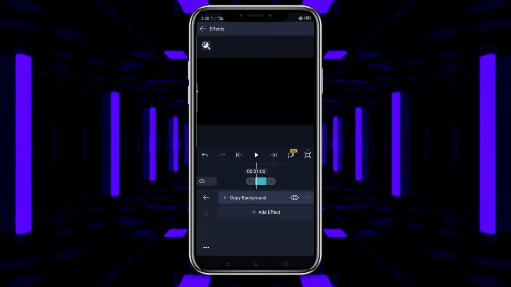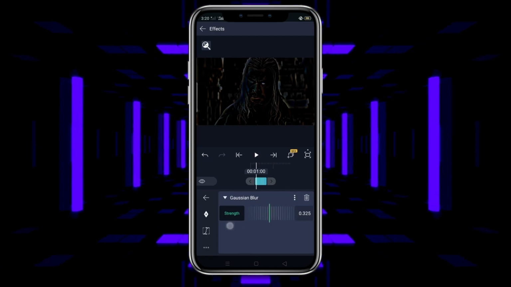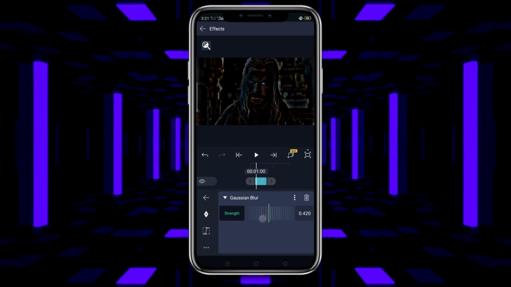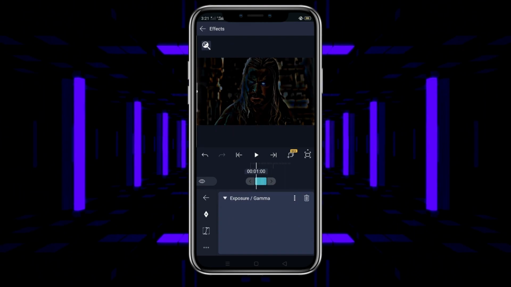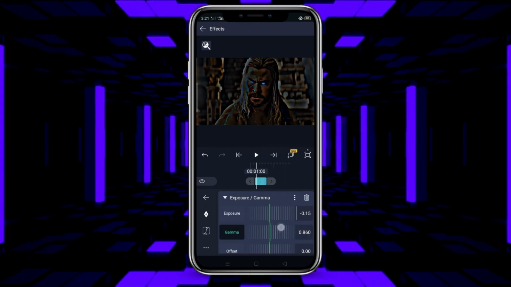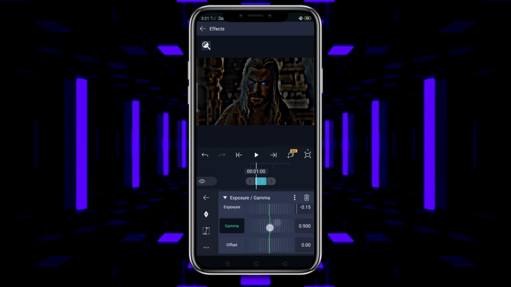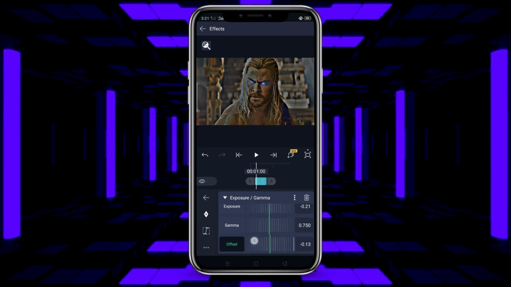and add Gaussian blur. Then increase the effect strength. Then add the final effect, expose and gamma, and decrease expose, increase gamma and adjust gamma. Then adjust offset